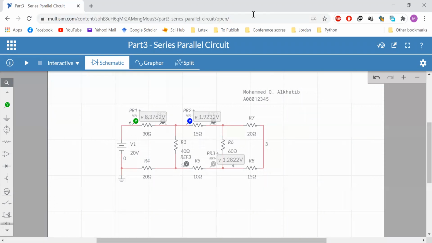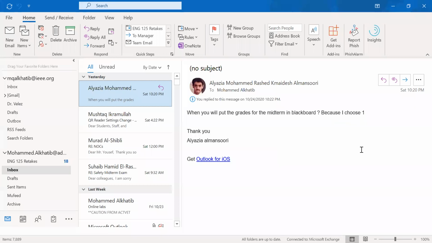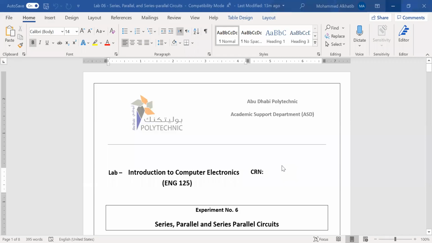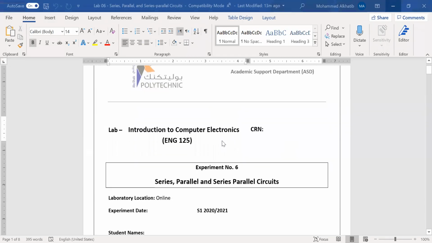Okay, speaking of the report, let me open my Word file to discuss what you need to perform. Actually the report is already in the OneDrive folder, so I'm just going to open it. So share my Word file. Oh, sorry, I opened my Outlook, my bad. Okay, so let's share again. And this is the Word file. All right, so we have this